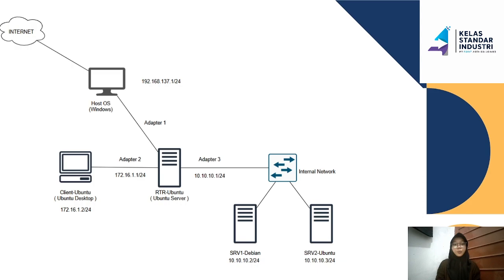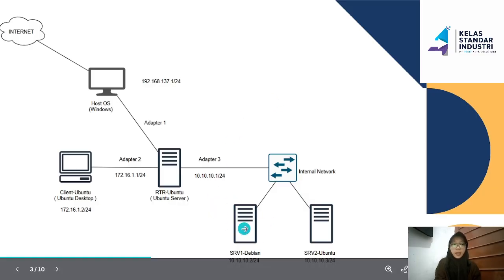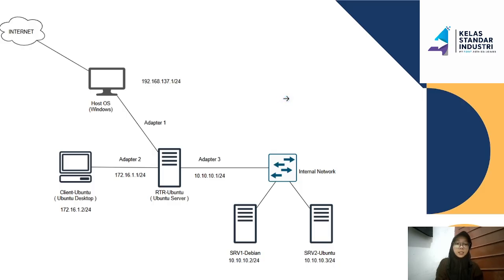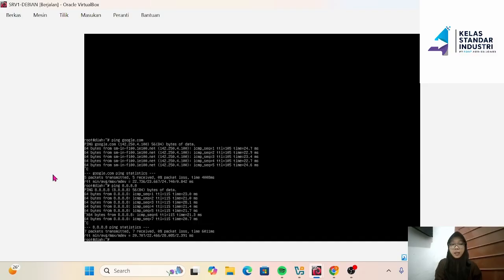Before we begin, allow me to explain the topology scenario we will be using. We will try to configure the NFS server on server 1 Debian and NFS client on the Ubuntu client. Ubuntu client and server 1 will be connected to share files or folders using NFS. This means both the Ubuntu desktop and server 1 will have several folders and can be accessed simultaneously or according to the NFS configuration. Next we will install NFS on server 1.